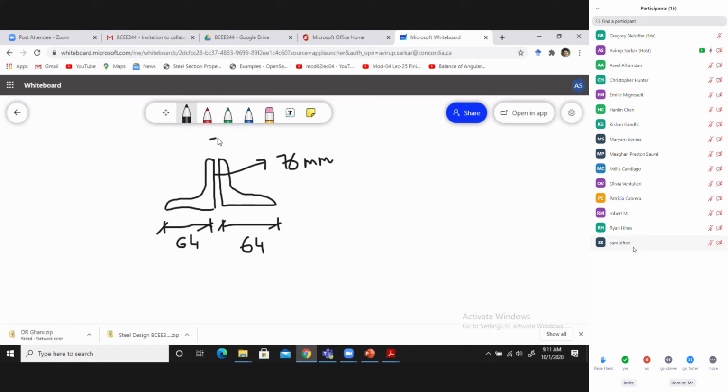So through these two basically the WT, and on the other side